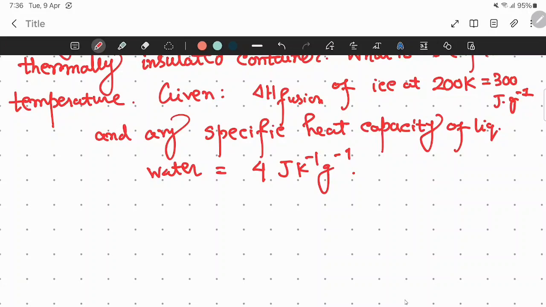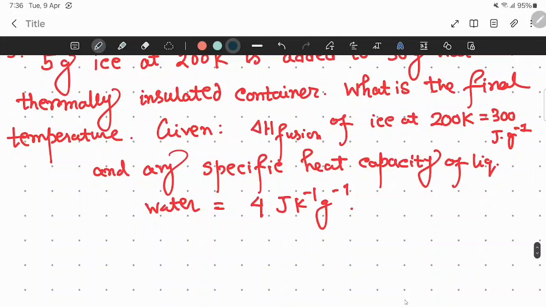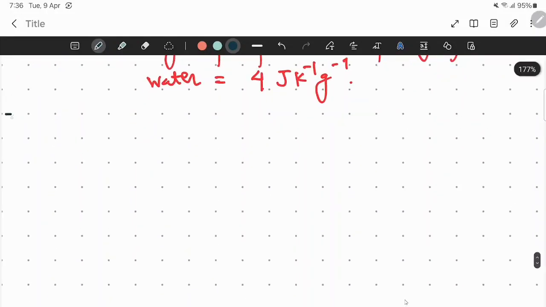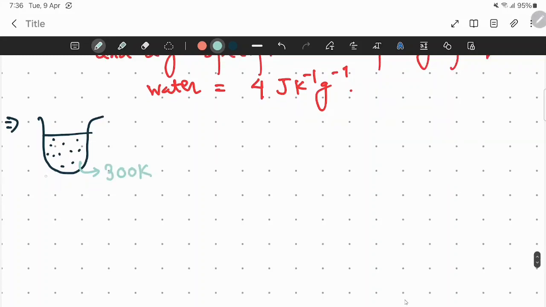Okay, so what they have given, the 5 gram of ice. There is some water, the temperature of water was 300 Kelvin, and this is our 30 gram,